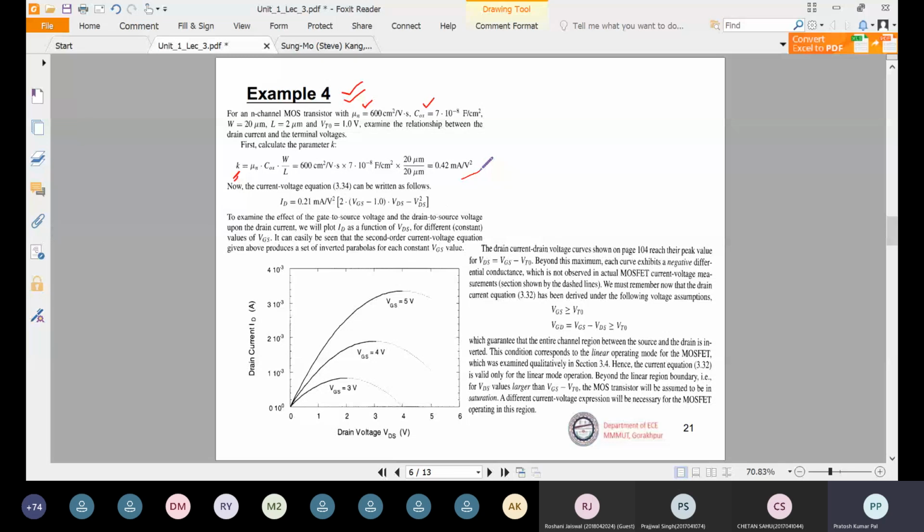Here W and L and the threshold voltage parameters are given. We need to examine the relationship between the drain current and the terminal voltages, that is, what is the relation between drain current and voltage. So the current equation